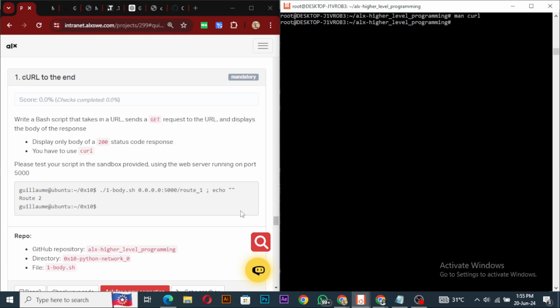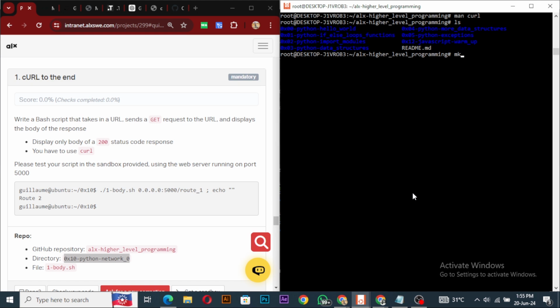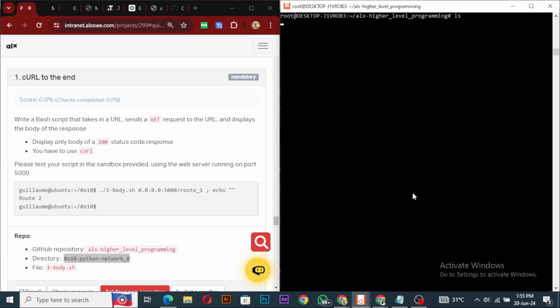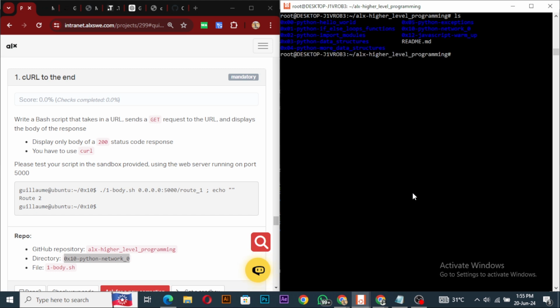So the first thing is I will have to create this directory, copy in my ALX higher level programming, and then I'll just say make directory. I'll make it and ls. So I have created a directory. I'll create a readme, so I can just echo whatever I had before into my